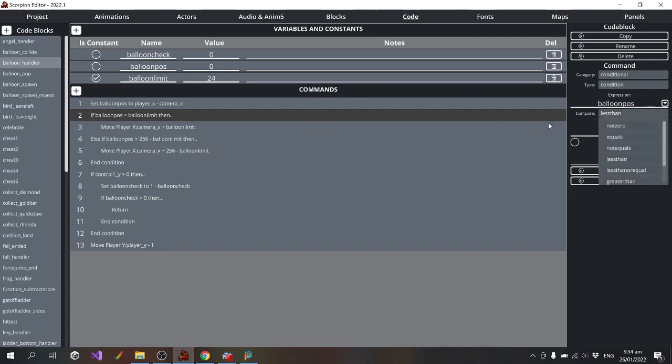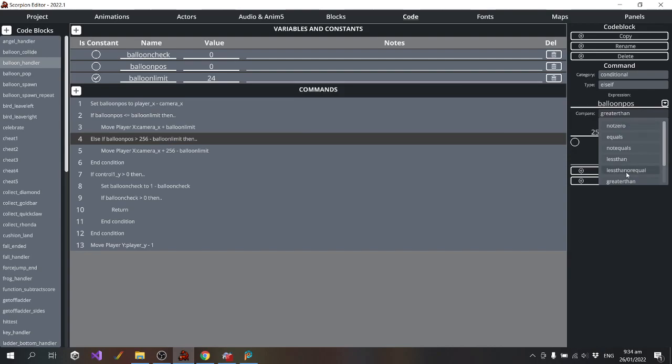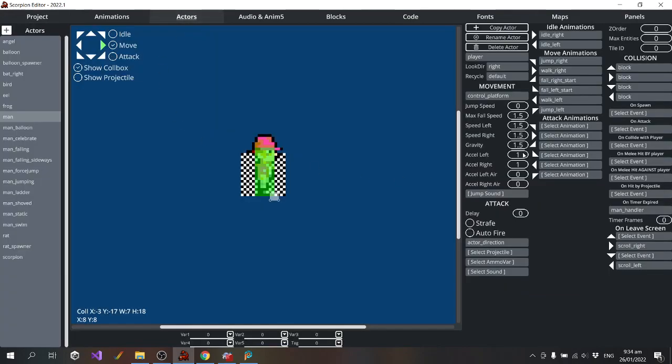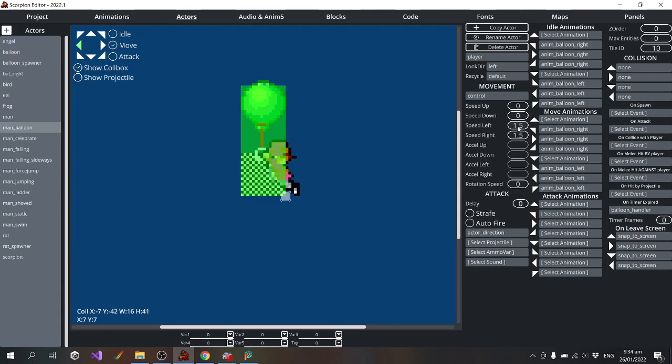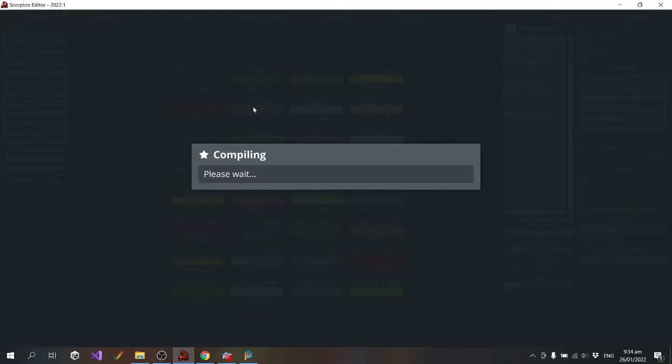Just gonna try changing that to less than or equal or greater than or equal. I think it's just because the balloon speed is a fractional speed. It's 1.5 pixels a frame. So because of that, it's moving.